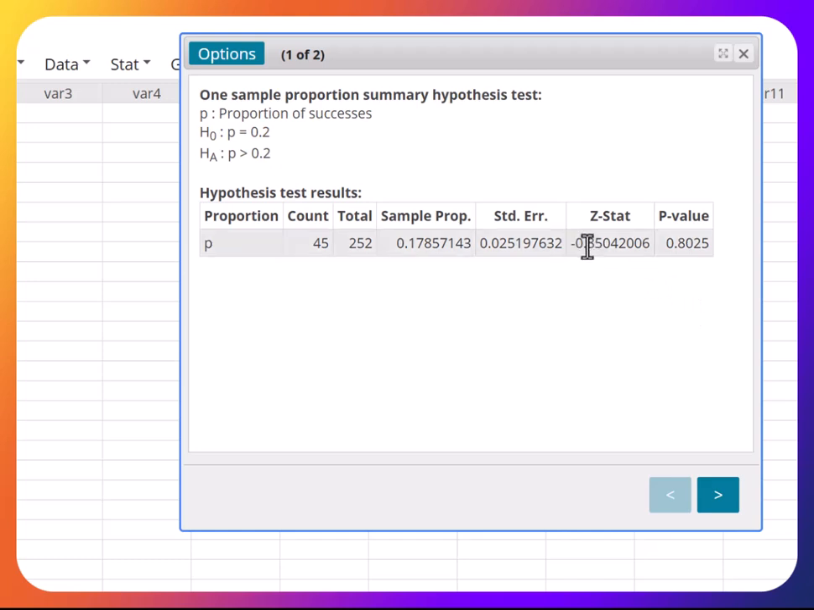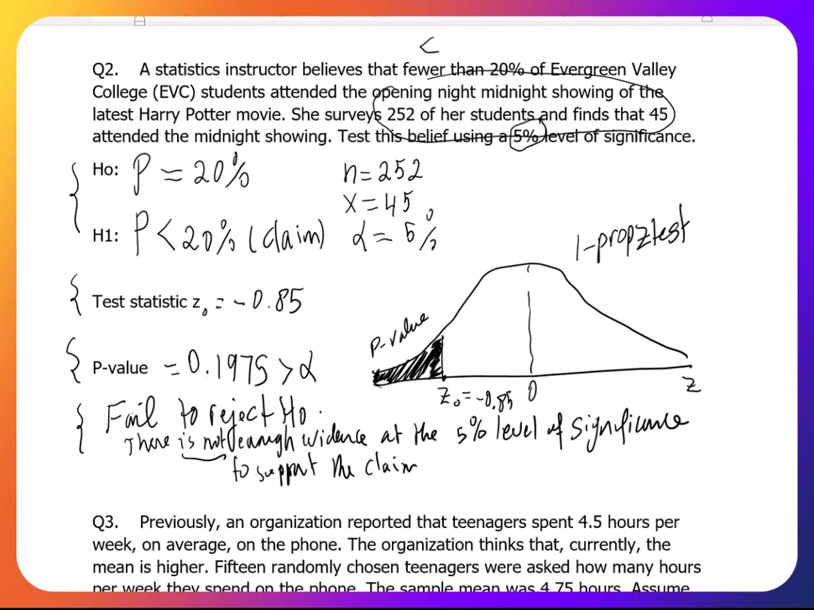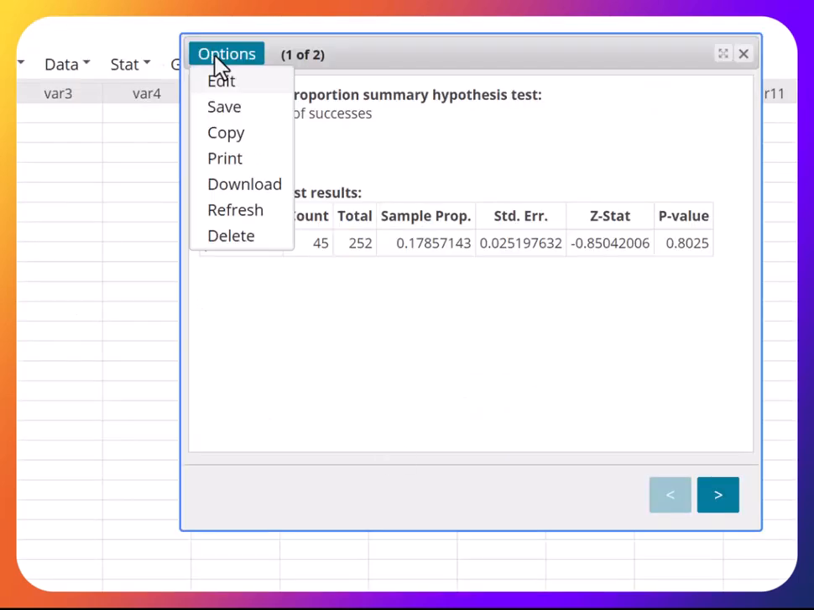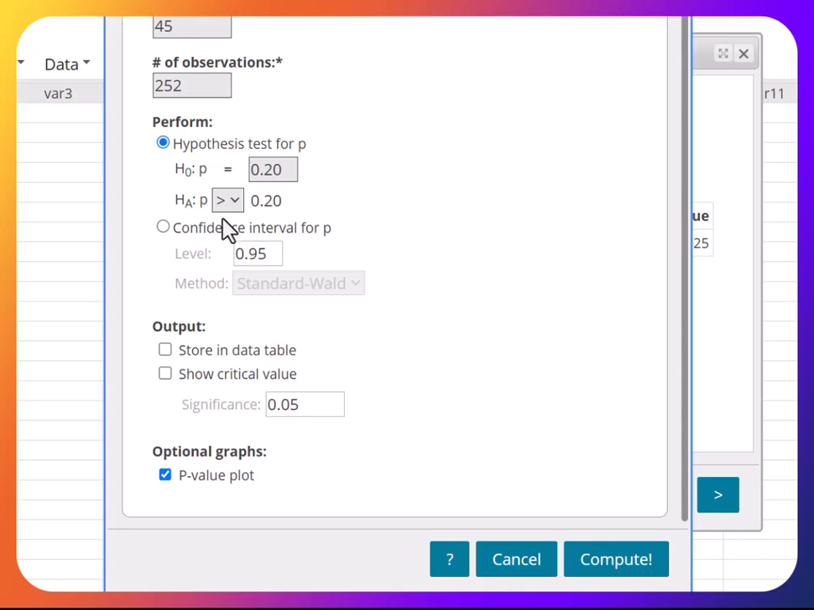This is the test statistic Z, which is negative 0.85. That's the second step. And this is the p-value, which is 0. Let me see what we did here. Oh, we're testing for less. I made a mistake, so I need to change this one. I'm going to go to option, edit, and I put greater than, we're doing less than, sorry. And now I hit compute,